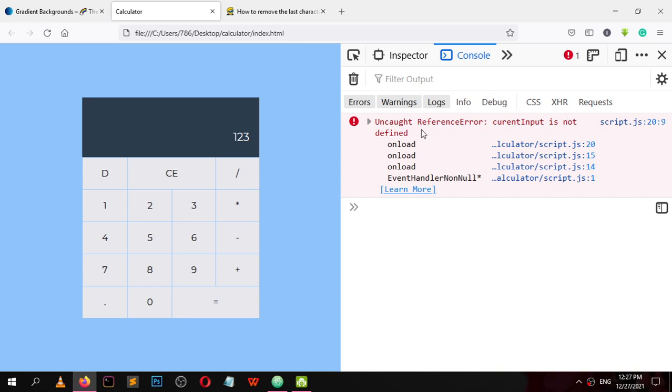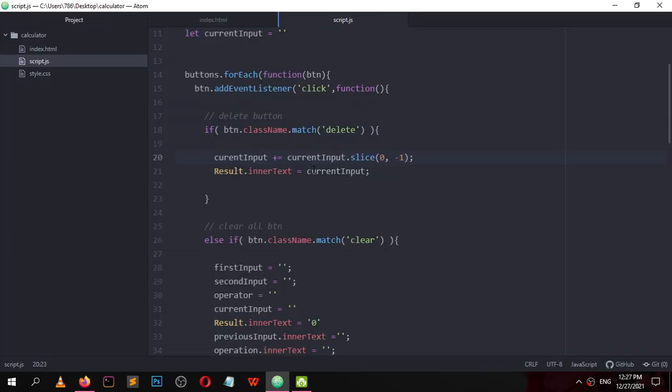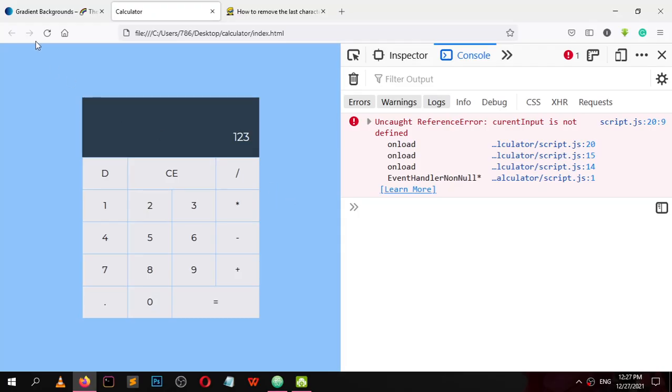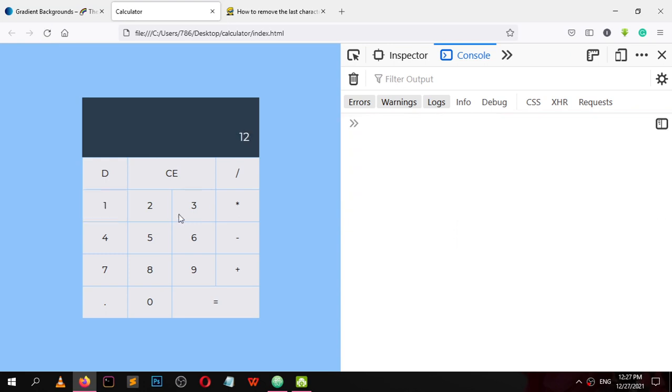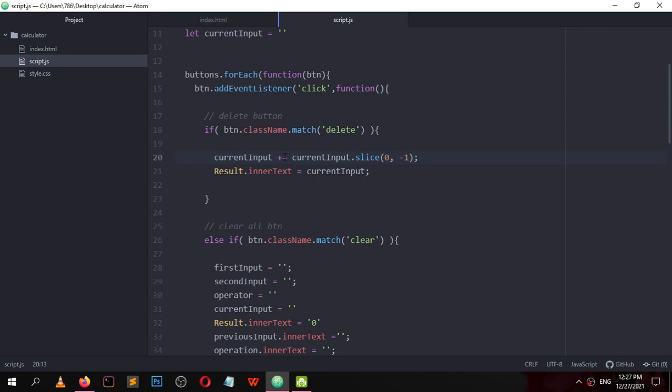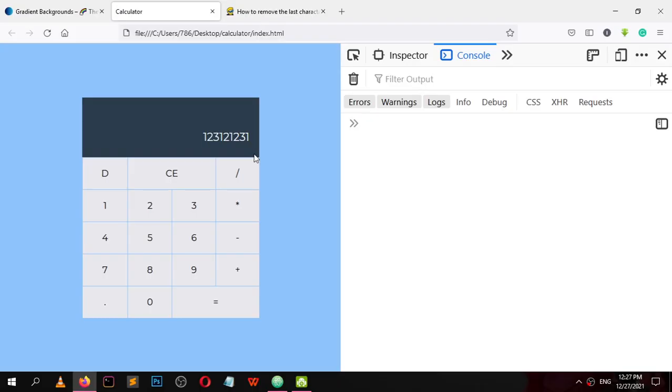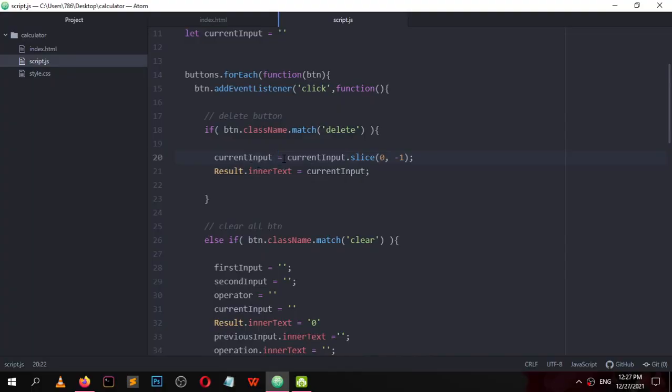Current input is not defined. On line number 20, current input. One, two, three. Now it will do the work. We just need the equal sign.